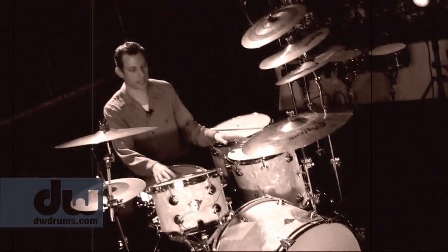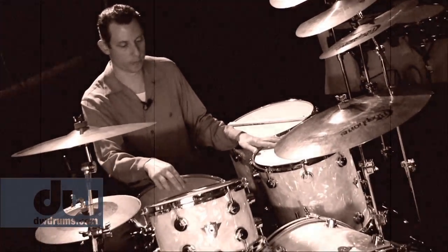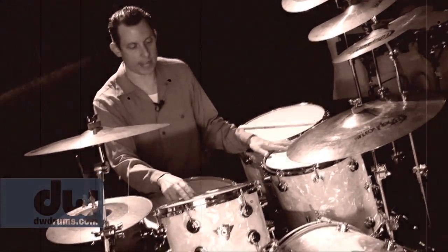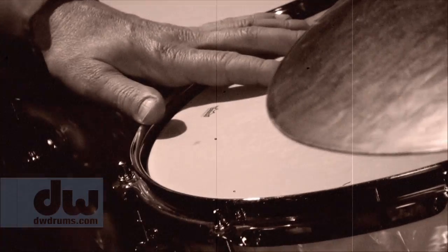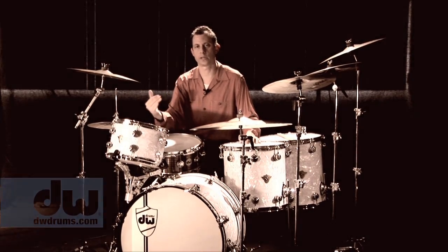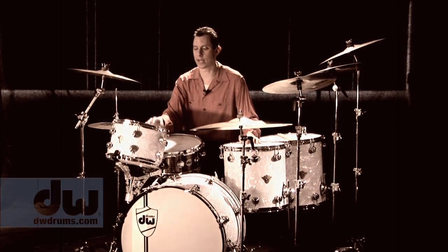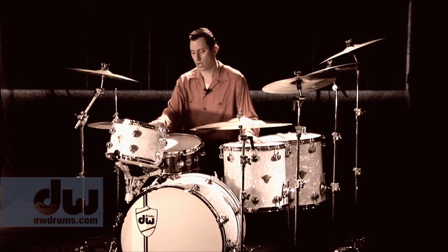One other thing that I'd like to point out about the DW Classics kit is that they come standard with DW heads that are made by Remo USA. And the heads are designed in a crimped fashion. They're a single ply coated head. It gives you that warmer, darker kind of classic retro type of sound. So you get those. If you want to order them, you can order them aftermarket as well,